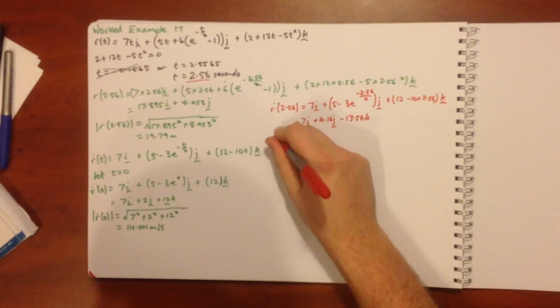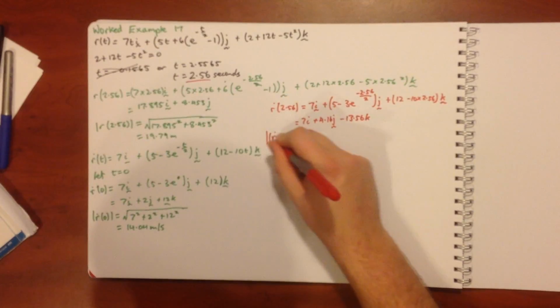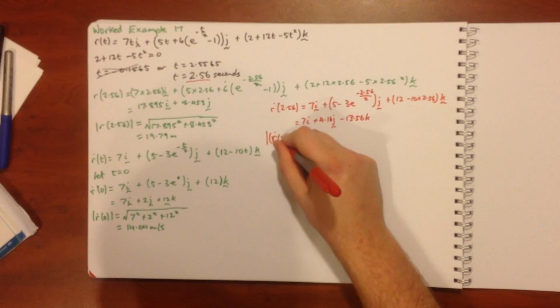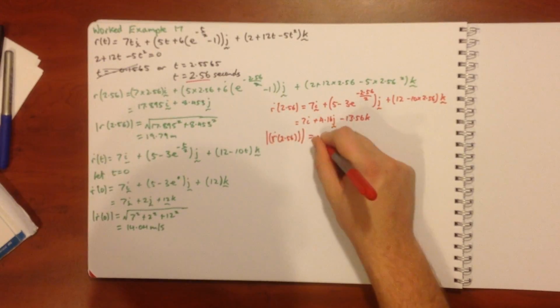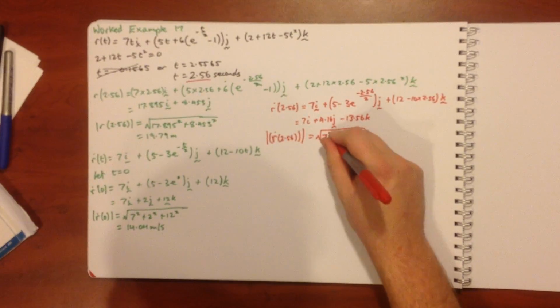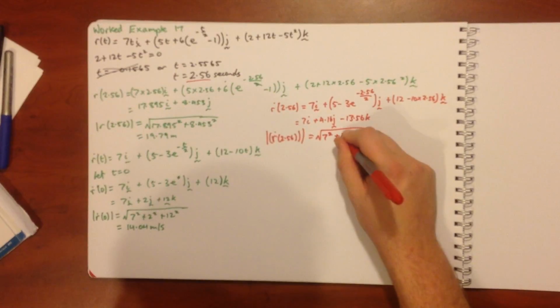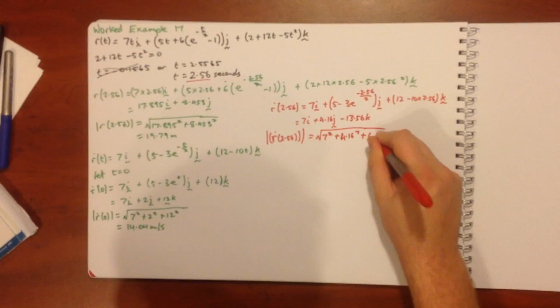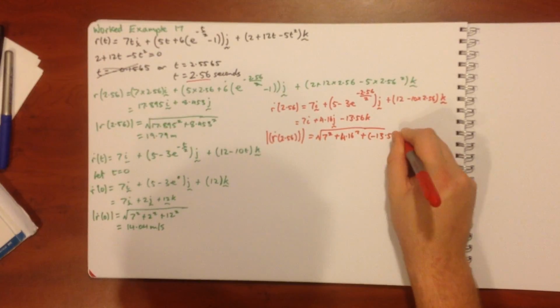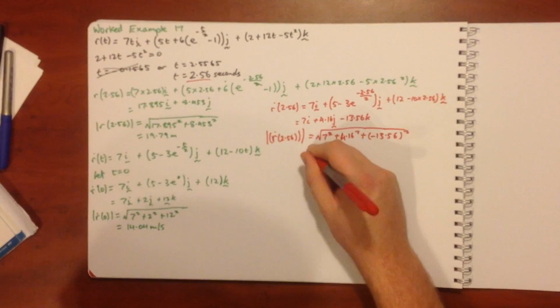Find the modulus of that. Again, it's just Pythagoras' theorem, so 7 squared plus 4.16 squared plus negative 13.56 squared